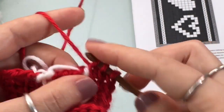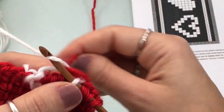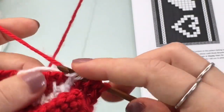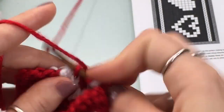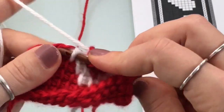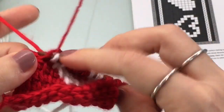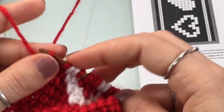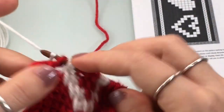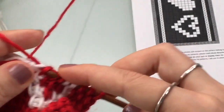So now in this next row, we're going to start with 2 red stitches, and then we're going to move on to 2 white stitches. We're going to make 3 red. So that's 1, 2, and 3. 2 in white. So that's 1, 2, and the rest of the row in red. So 1, and then here we go. And then work a return pass. So switching from red to white for those 2 stitches, and we have the 3 stitches in red,